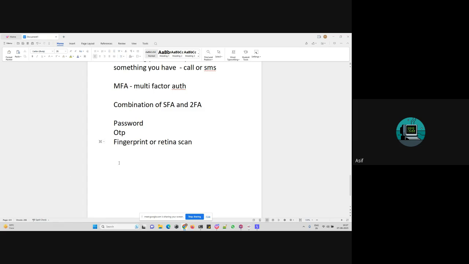So where I was, okay. In multi-factor authentication, it is the combination of single factor and two-factor authentication. Basically, first of all, we have to use a password, then OTP, then fingerprint, right? So in this multi-factor authentication, we basically have three things: